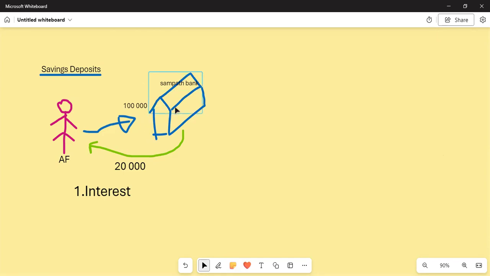But today I am withdrawing 20,000 in order to buy my tubes. Therefore, I am withdrawing 20,000. So now in balance, I have 80,000. For this 80,000, if I don't withdraw it and keep it for another 6 months, we will get interest. There is a rate for that, right? There's an interest rate. Savings deposit. Am I clear? I am getting interest.